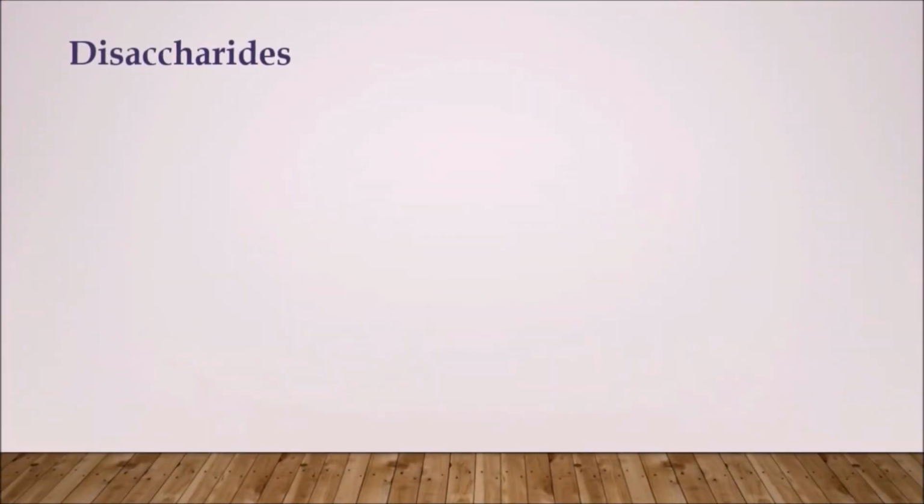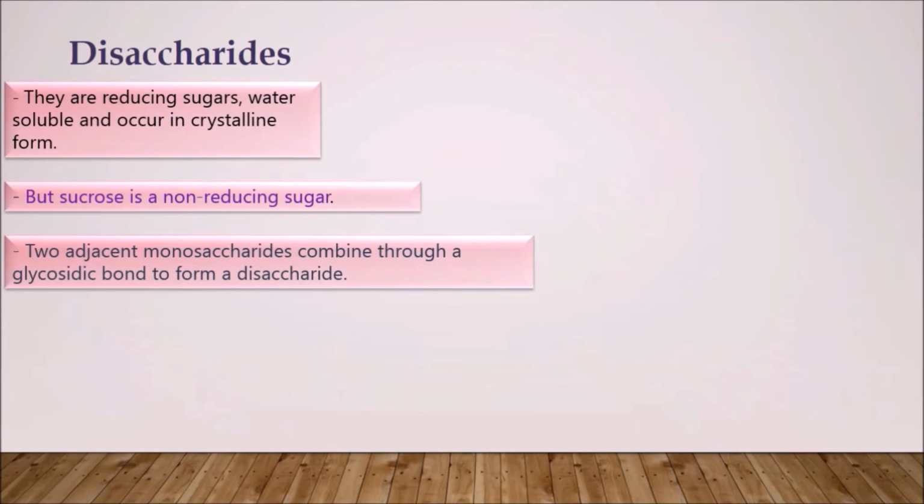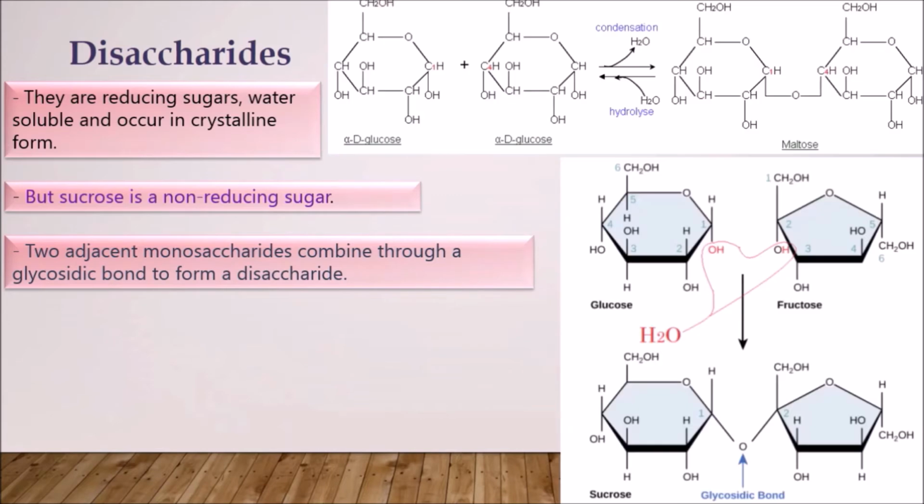Disaccharides. They are sugars formed by joining 2 monosaccharides by a glycosidic bond. Formation of a glycosidic bond is a dehydration reaction, also known as a condensation reaction or dehydration synthesis. Here, 2 adjacent monosaccharides combine together, forming a covalent bond named glycosidic linkage by removal of a water molecule, which is formed by the hydroxyl group of one monosaccharide and hydrogen from the adjoining monosaccharide molecule.